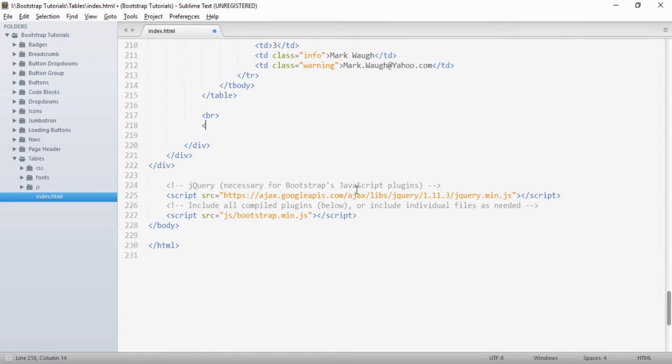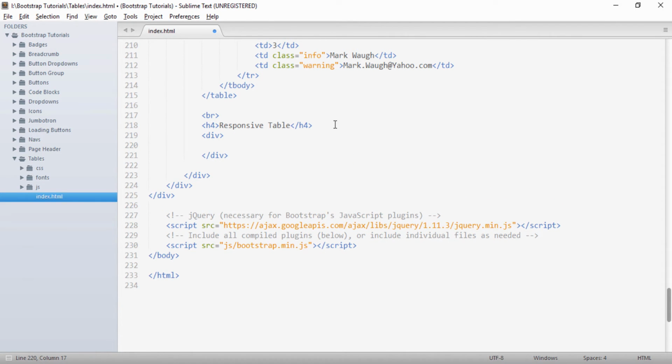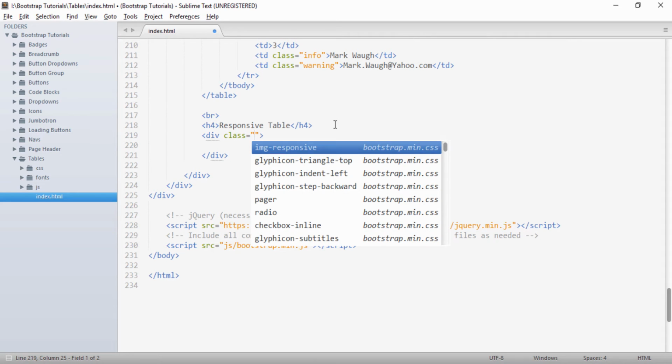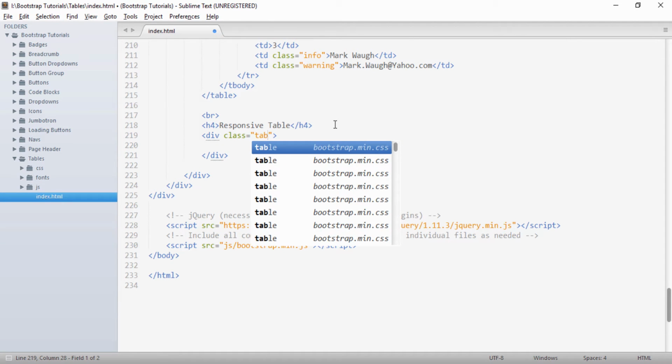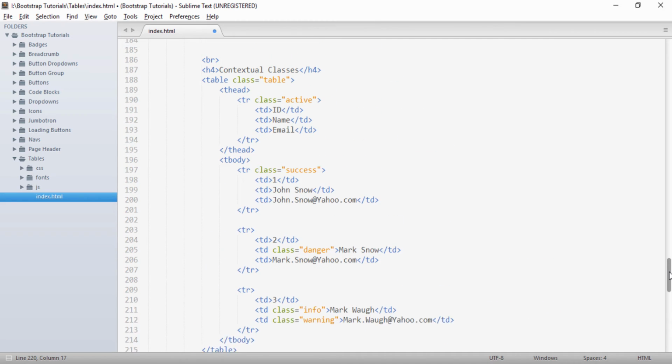Below the br, I will create a heading and give the heading as responsive table, and just below it I will create a div. To this div I have to provide a class as table-responsive, and inside this div I have to just paste this complete table.